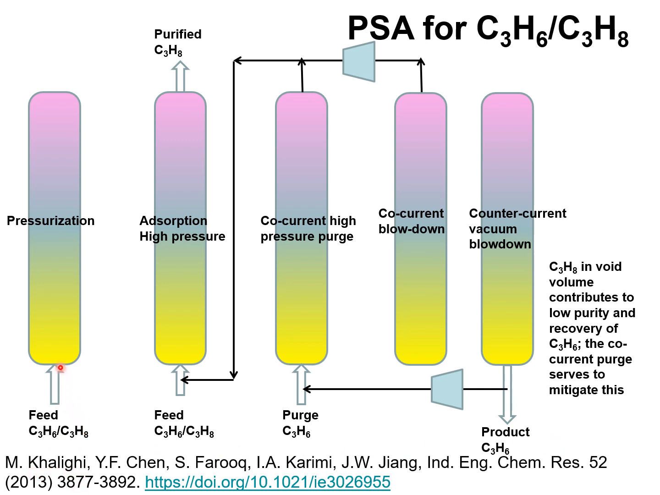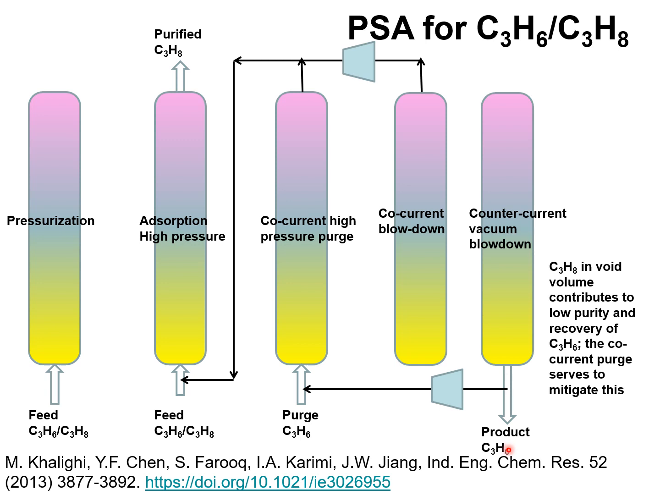The 5 stages consist of pressurization, followed by an adsorption cycle in which propane is removed from the top of the column. The adsorption cycle is followed by a co-current high pressure purge with propene in order to remove any adsorbed propane in the pores. This is followed by a co-current blowdown step, and finally a countercurrent vacuum blowdown is used to recover propane of